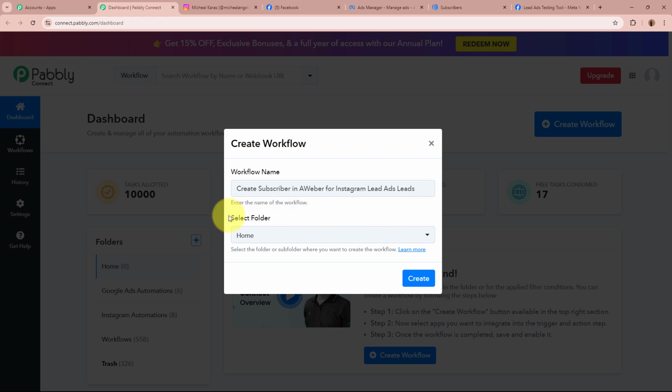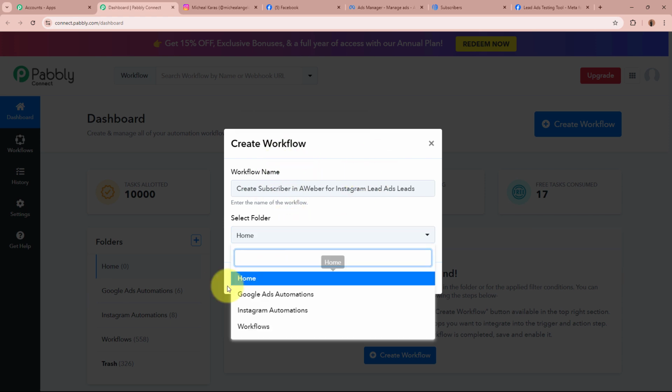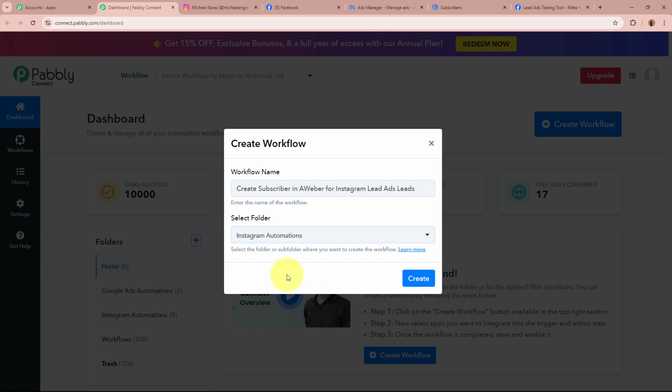After that, it is asking for us to select a folder. So on the left side of my screen, you can see I've created multiple folders in my Pabbly Connect account, from which I'm going to select a specific folder in which I want to save this workflow. So for that, click on this drop down. These are the folders from which I'm going to select Instagram automations as the folder I want to save this workflow in. After giving a name to our workflow and selecting the folder, let's click on Create in order